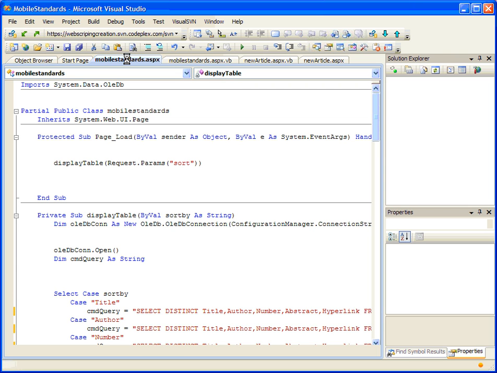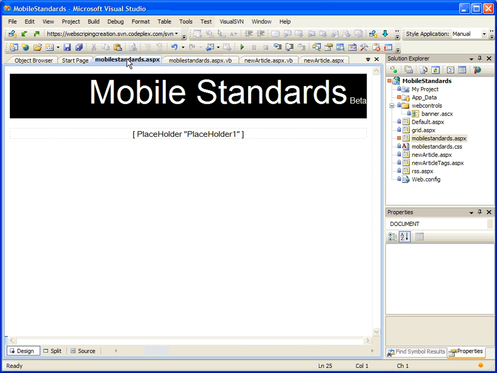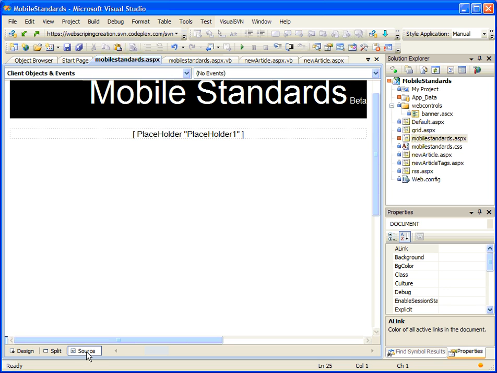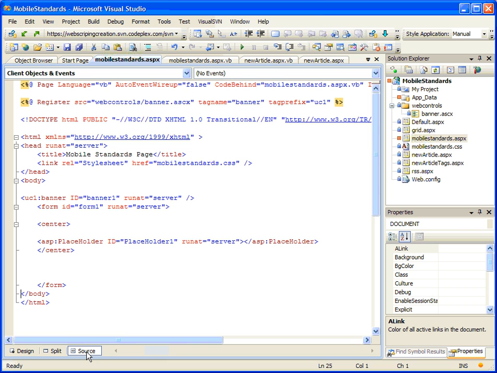Probably the best way for the user to choose a tag would be a drop-down list, okay, a drop-down control. And what we'll do, we'll associate that drop-down control with the tags table of the database. We've done this once before using a drop-down, so it'd be a good chance to revise that. So let's go into the source here of the designer, of the mobile standards designer, and just before the center